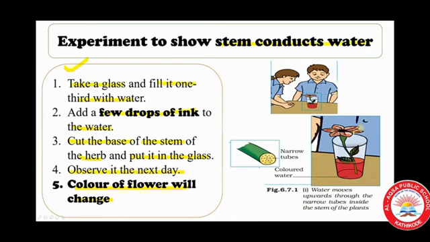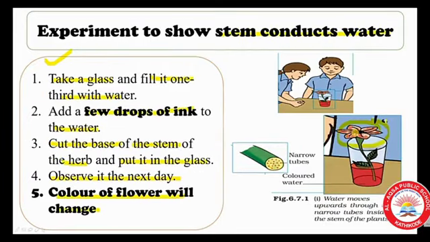If we cut the stem across, we look for the red color inside the stem. From this activity, we see that water moves up the stem. In other words, the stem conducts water. Just like the red ink, minerals dissolved in water also move up in the stem along with water. The water and minerals go to leaves and other plant parts attached to the stem through narrow tubes inside the stem.